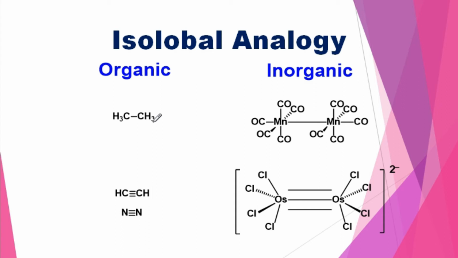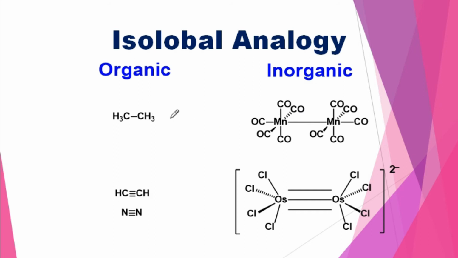So how is this structurally isolobal? Because the central metal atom, which is manganese, has a direct bond between themselves. Similarly, in the ethane molecule there is a direct bond between the central atoms, which is carbon, and they are structurally almost similar, because both the central atoms are connected by a single bond, and around them there are some atoms, like hydrogen for ethane, and carbonyls for manganese,